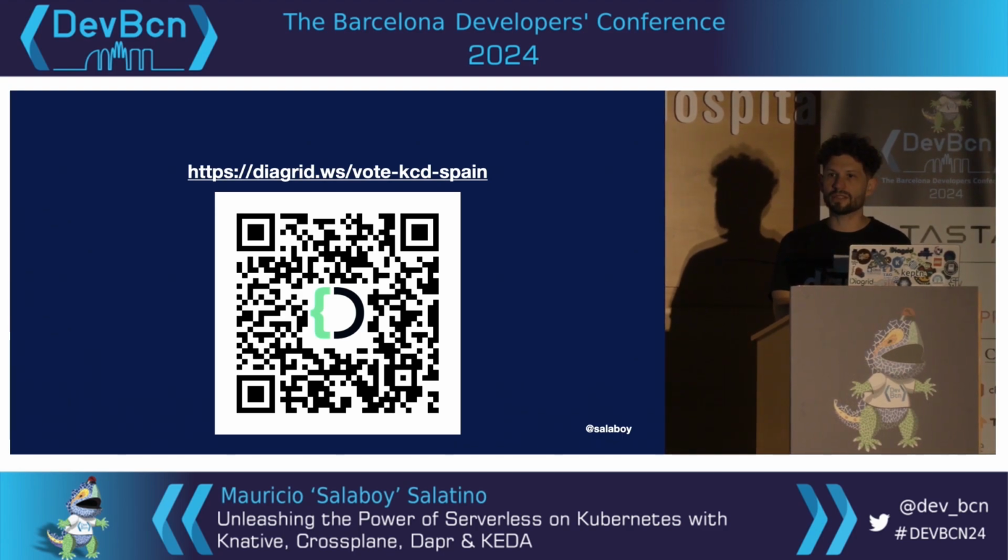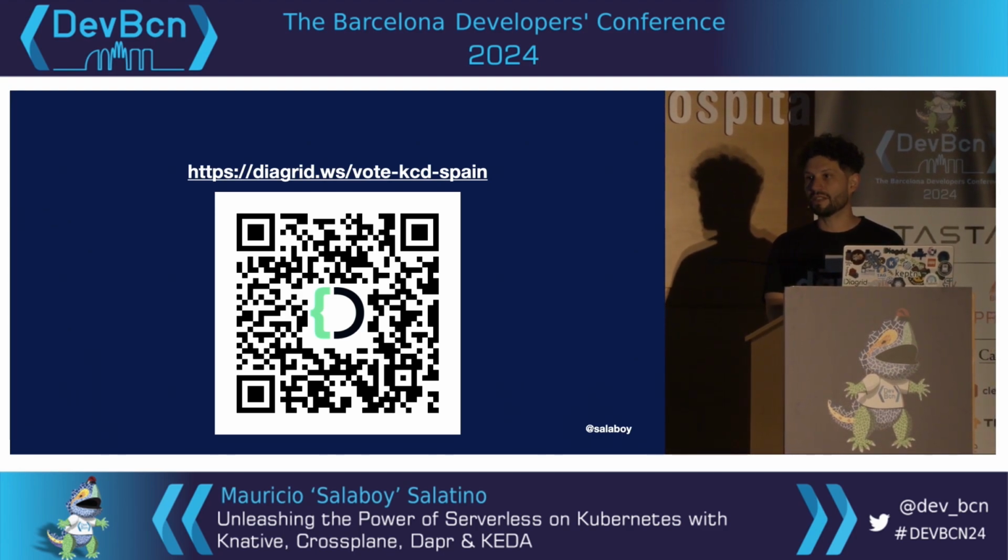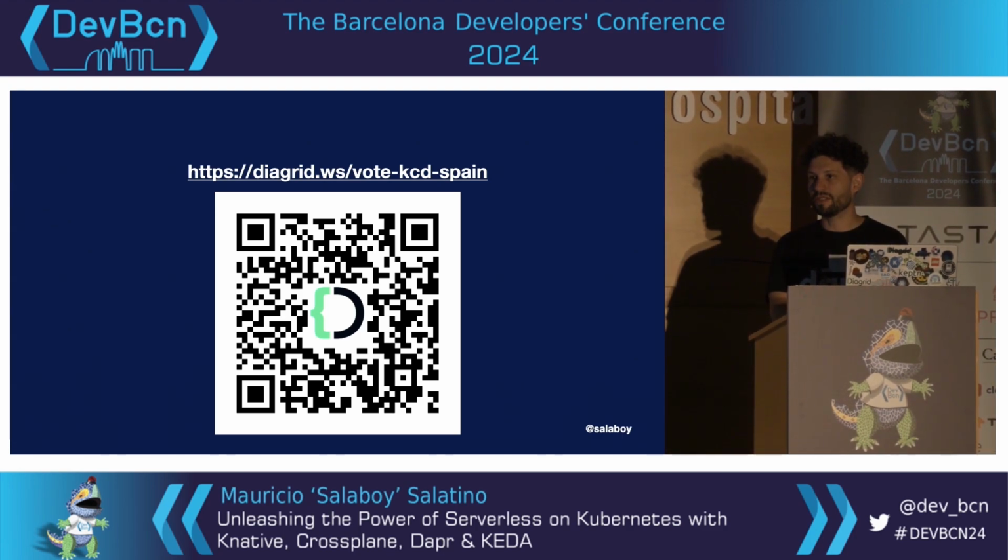So let me know if you can access. You will need to accept that it's an HTTP endpoint and not HTTPS. You will see the warning there. Please accept it. If I have 2 people pressing buttons, I think that's more than enough. So I see phones up. I will take the QR code in a second. Does it work? Somebody got it working? Yes, I get some thumbs up.